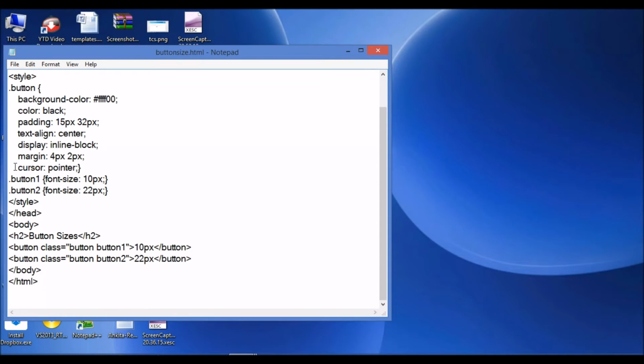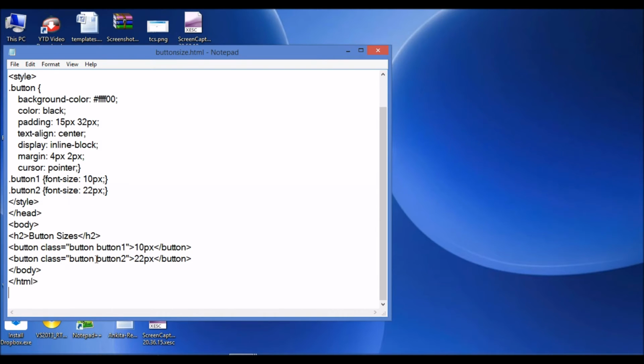And then margin, cursor I'm using pointer again, and my first button should have the font size 10 pixels and my button 2 should have 22 pixels. And I've defined the class button1 and second button with button 2.